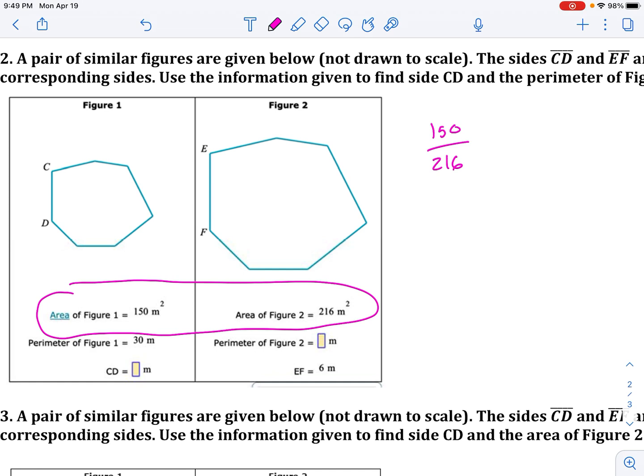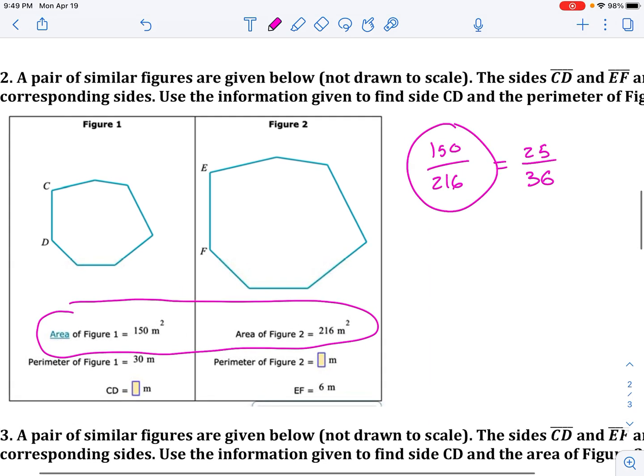Okay, so I think it's 25 over 36 if I were to simplify this fraction. And the reason I needed to simplify it was because now I can see if I simplified it, I've got some perfect squares here. I've got 25 and 36, which is going to be good, because if I were to square root those, that's the same thing as